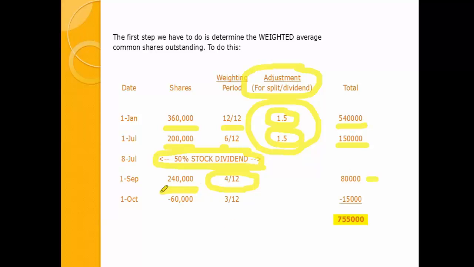And then we bought treasury stock of 60,000, but that was on October 1st. So the impact was for a 3-month period, which is minus 15,000 shares. Therefore, our weighted average common shares during the period was